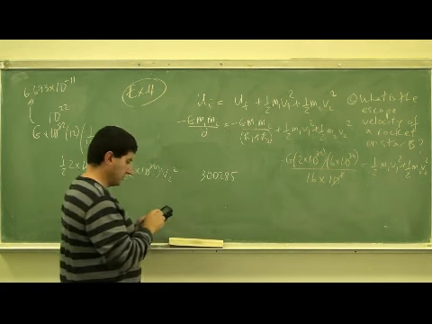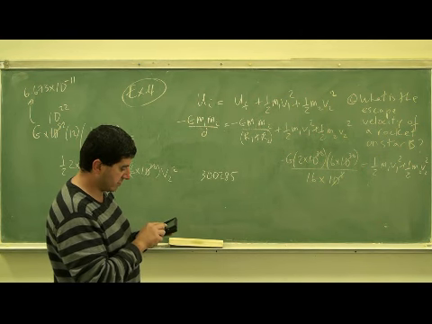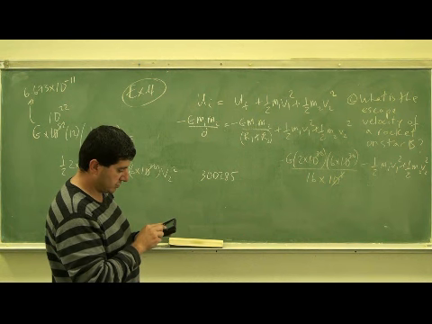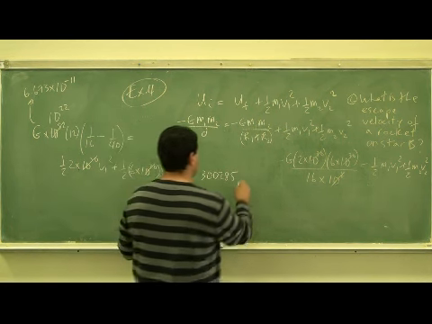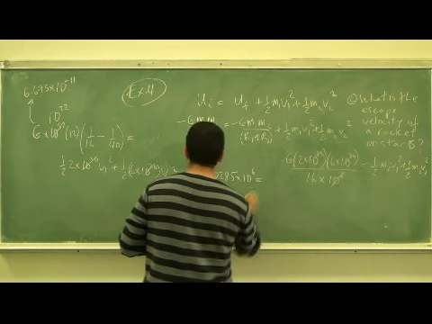300,285. 300,285, and then 1, 2, 3, 4, 5, 6. Okay. 1, 2, 3, 4, 5, 6. Yeah, times 10 to the 6th. And that's equal to